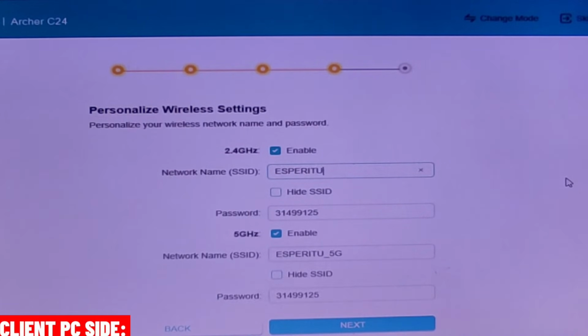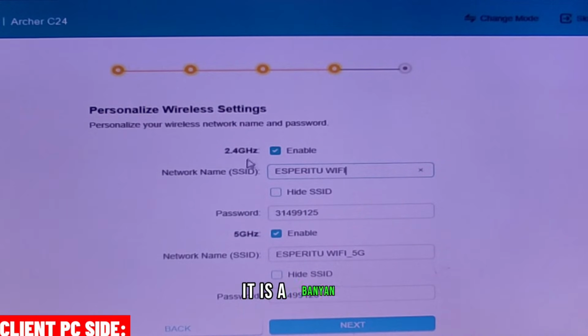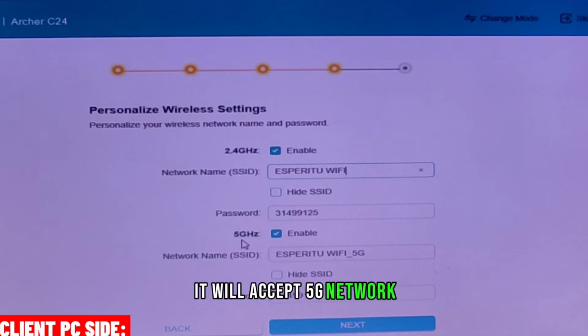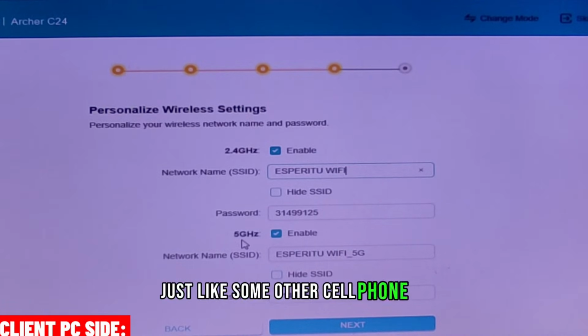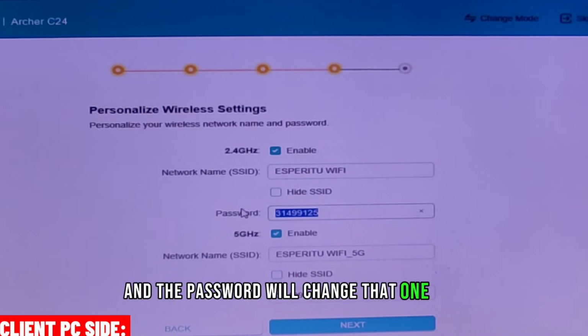Then, okay. Then, Wi-Fi. Sample lang yan. Okay? So, this one is a 2.4 GHz na Wi-Fi. Meaning to say, our router is a dual band Wi-Fi. Meaning, ibig sabihin yan, we have 2.4 and also 5G. So, it will accept 5G network. Just like sa mga cellphone na 5G. Diba? So, we have Espiritu Wi-Fi and the password will change that one into